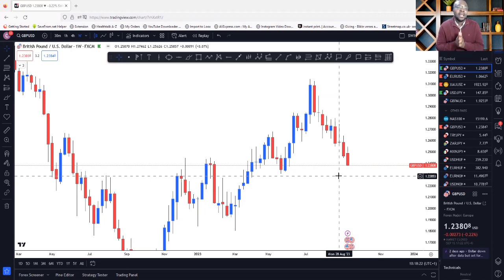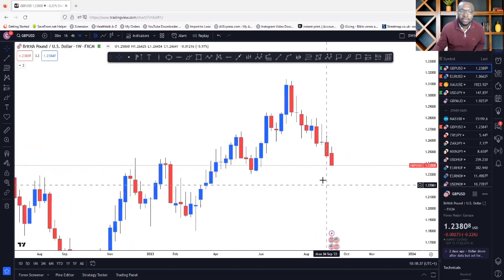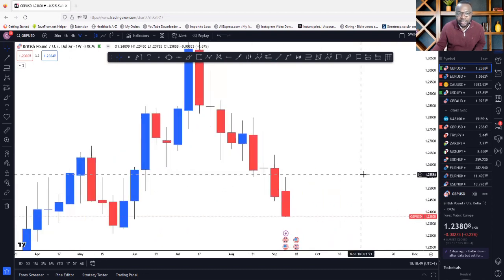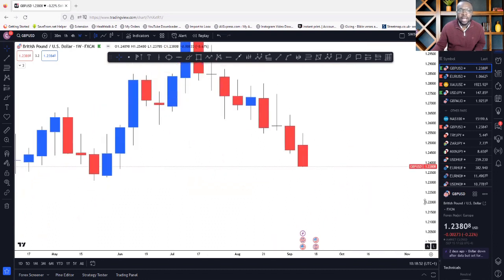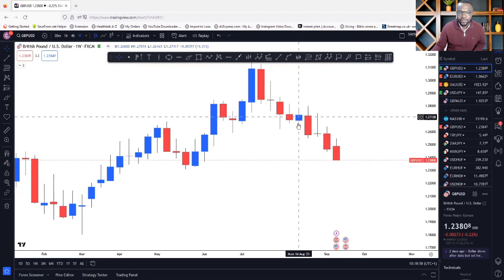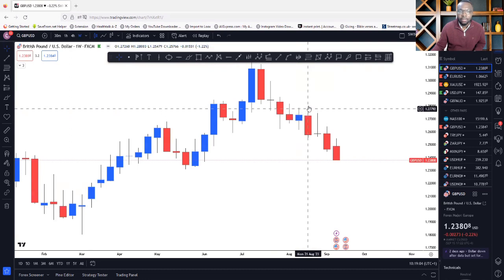Now, having said that, I'm going to be doing a top-down analysis on GU, which is GBPUSD. What you see on the screen right now is a weekly time frame. If you look at the first two candles that printed, which is the first 2 weeks that we see, especially this indecision candle that actually gave us a nice price action at the end of that week, because price went up and came down. Remember, whenever the candle opens, this was a closure of this bullish candle at the body, and then it opens, it went up and it came down.